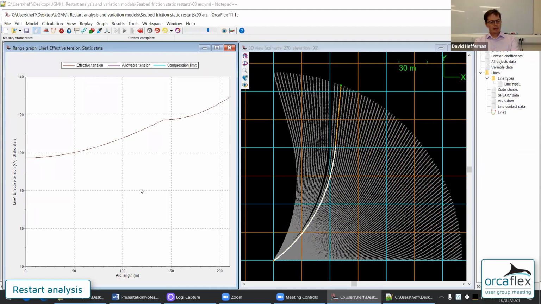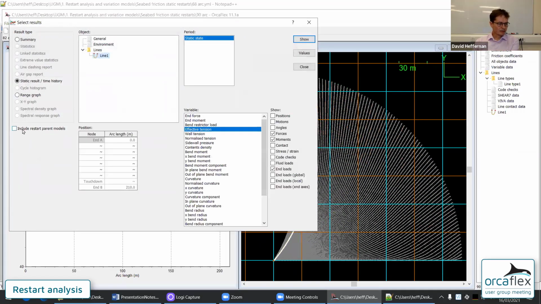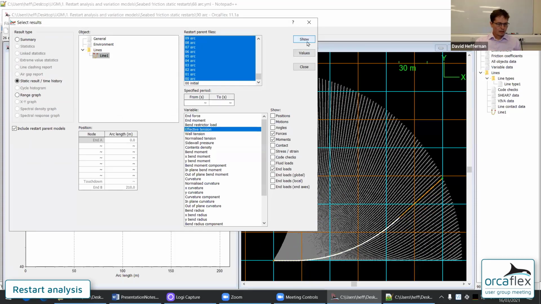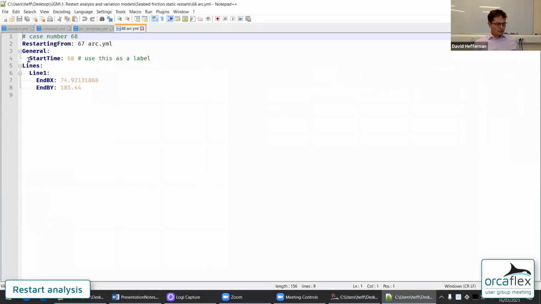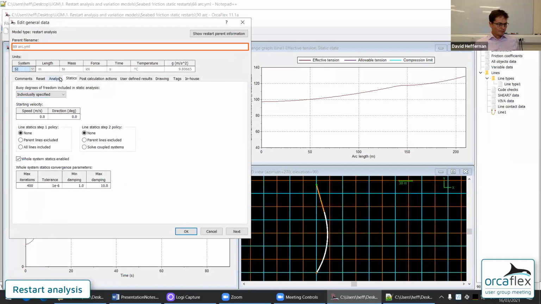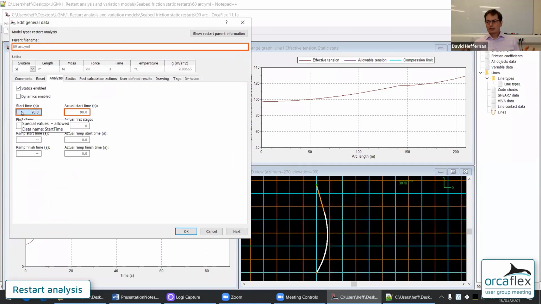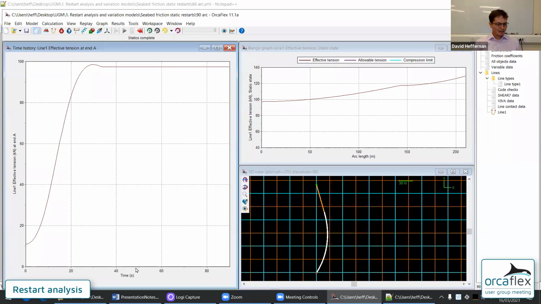Now, this is a replay. Normally replays involve time, and I can also look at a time history of tension, and this looks like a time history. Well, what is that time value? In this case, if you notice, I gave a start time for the model. I can see it in the data. A static analysis can have a start time. And here I'm just using the start time as a label. So when I look at a time history, the time represents the angle.